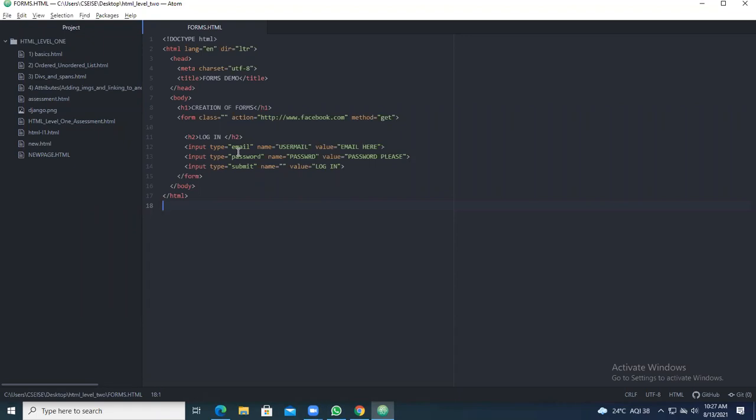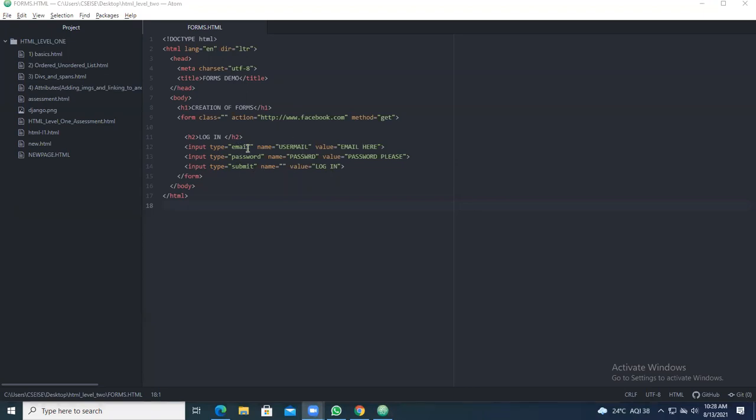Which are the three input parameters we have gone through? The first input parameter is input type. I am asking for three parameters. One is the email we have seen. Next one is password we have seen. Next is the submit button. These are the three things.